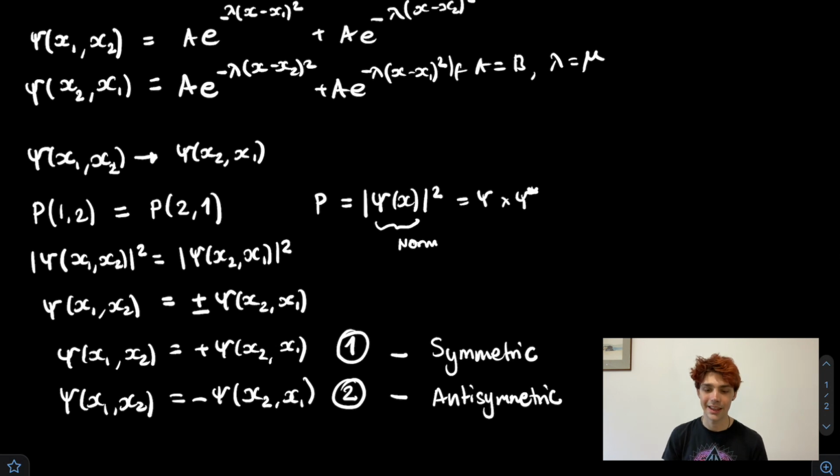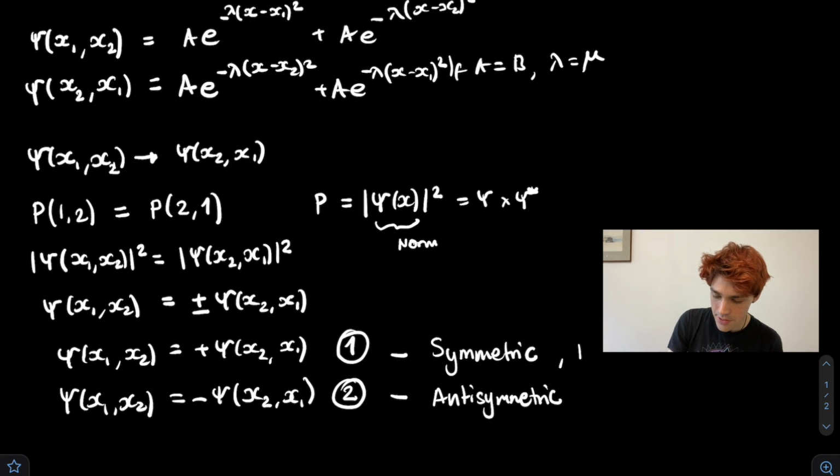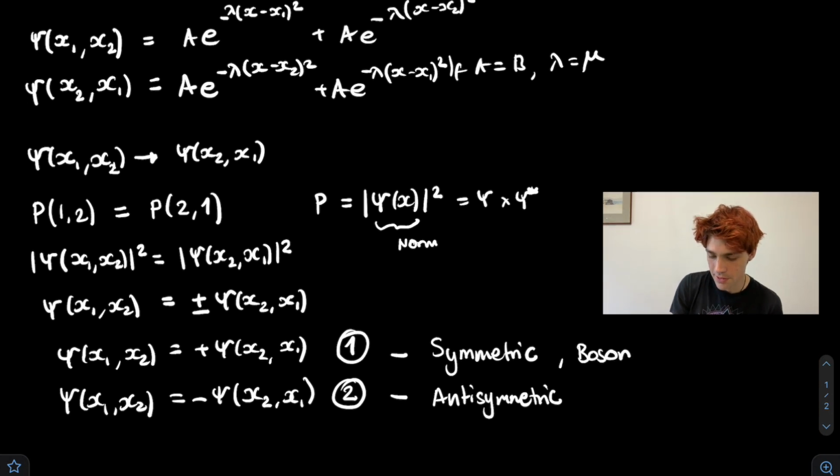It's a little bit like that, except in this case, you are swapping not the sign, but you're swapping x1 and x2, and therefore you're getting either the same result or you're getting the same result but multiplied by minus 1. So these two different outcomes for this particle exchange swap lead to fermions and bosons. So the symmetric solution is the boson solution. So all bosons are symmetric under particle exchange.